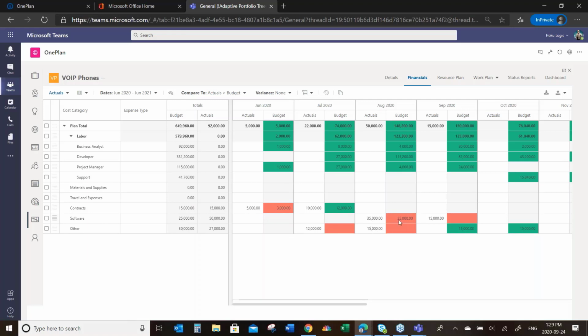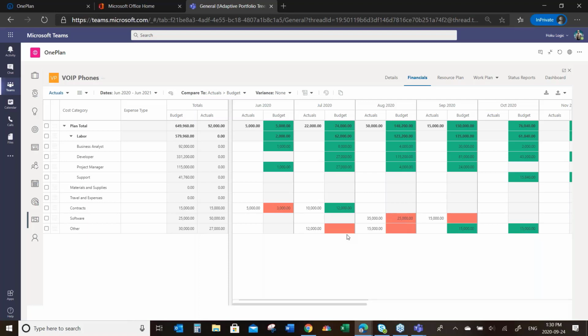Down here, software, is 10 over my budget in that month, and I didn't even plan for anything here. So those are definite issues with the budget. And these two items either occurred early because they were in the budget later, or there's something different, and I better be aware of that and I'm on top of it. So as a PM, I have my budget. I can do forecasts and compare to those as well as this budget